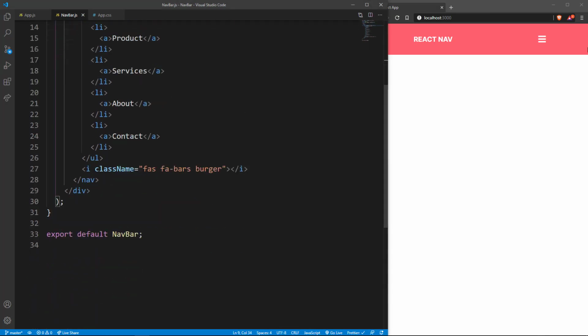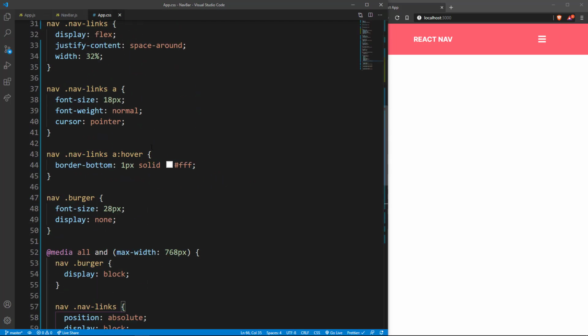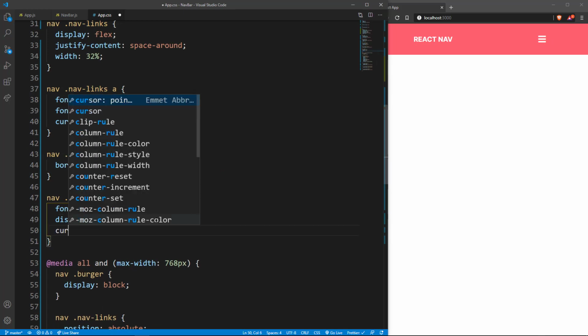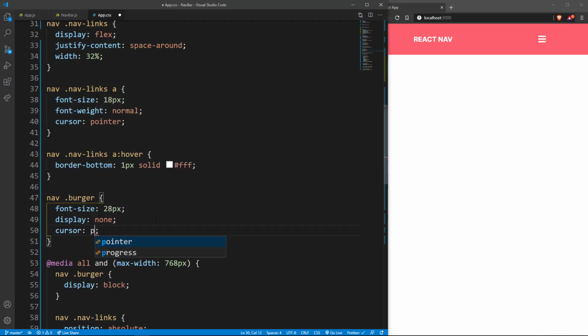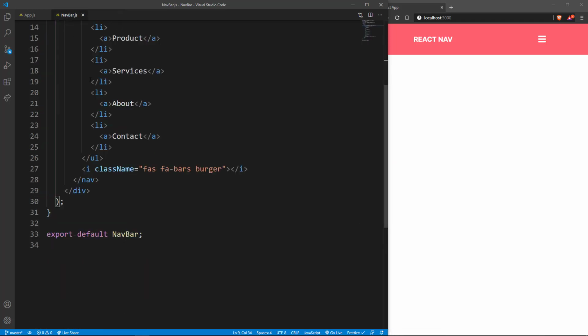And now I want to have an onClick function on this particular burger, right? So if you see, the burger, first of all, doesn't have a cursor pointer. So let's quickly go up here and say cursor equals pointer. Okay, so it's going to be a pointer. All right, so I promise that's it for the CSS. Okay, now we're going to pass an onClick function here. Okay, I'll explain what this means. So onClick,